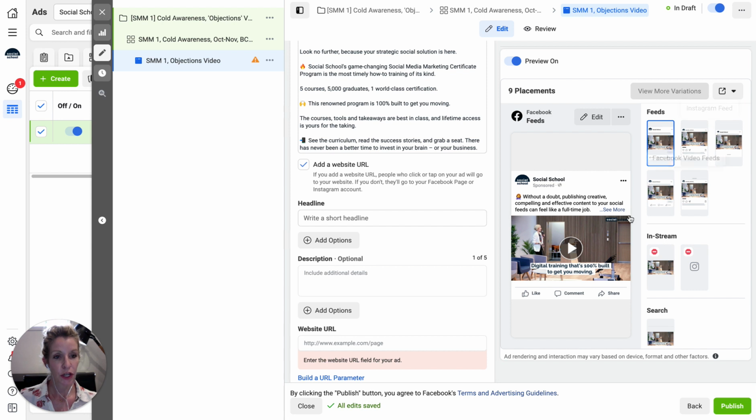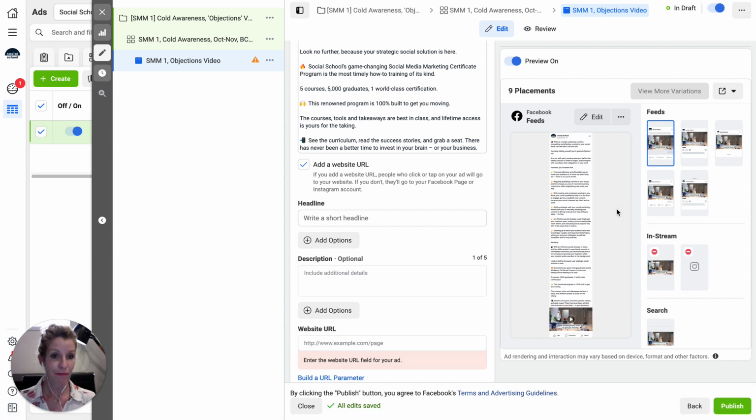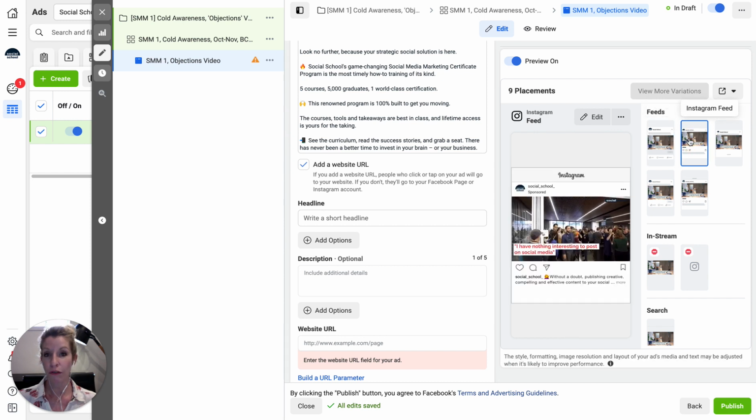Looks good. Of course, if someone was to click more, and remember, that's considered a click action. Don't be fooled to think that a click means to your website when you're looking at your ad insights. A click is any kind of click on that ad, and that includes the more. So that's going to get really long, but I'm okay with that. Chances are people aren't going to click on it as often as they are going to simply, hopefully, watch the